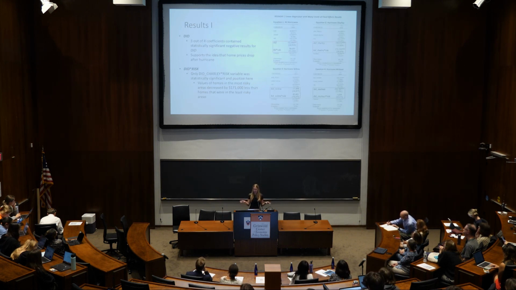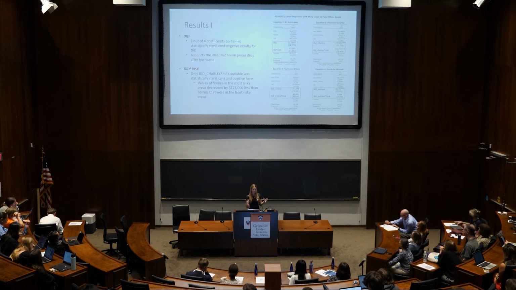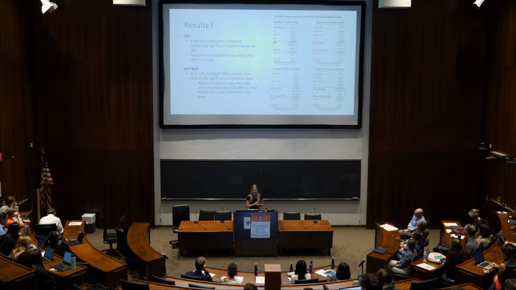So this is the first round of results. I have 4 equations up here, as you can see. For equation 1, I did it on all 3 hurricanes combined, so it serves as an event study, slightly less accurate because it assumes they're all the same magnitude, but it provides an overall trend. And for equations 2 to 4, I ran it on the hurricanes individually, so you can see I have Charley,